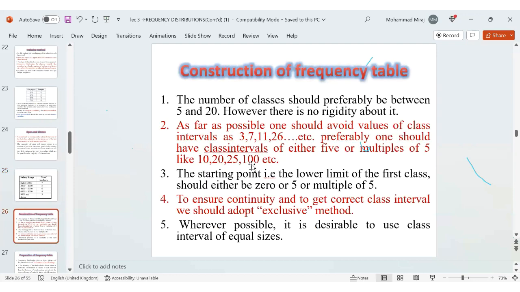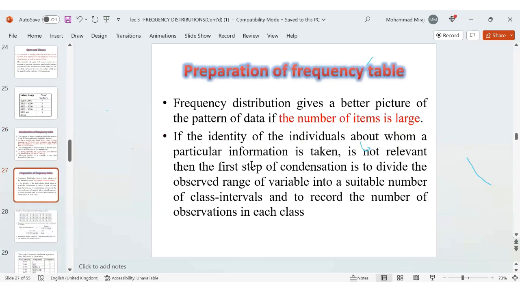ओके, सो फ्रीक्वेंसी डिस्ट्रीब्यूशन बनाने के लिए आप कोई भी डेटा यूज कर सकते हैं, उससे आप फ्रीक्वेंसी डिस्ट्रीब्यूशन टेबल बना सकते हैं। जैसे कि आपके नंबर ऑफ आइटम्स कितने हैं, किस तरीके से आप उसको बनाते हैं। अल्टीमेटली, if the identity of the individual about whom a particular information is taken is not relevant, then the first step is of condensation. नाउ व्हाट इज इंपॉर्टेंट इज, डेटा को जितना आप कंसाइज करके उससे मलाई निकाल सकते हो, आपको समझ आना चाहिए कि उस डेटा को हम कैसे करते हैं।